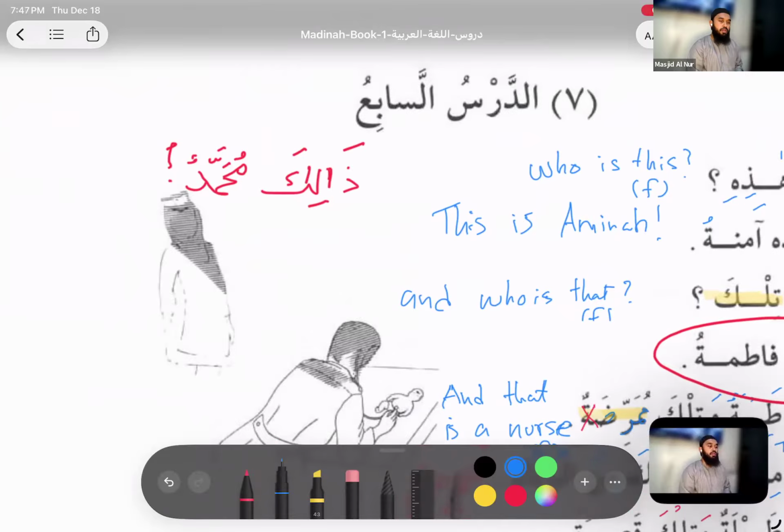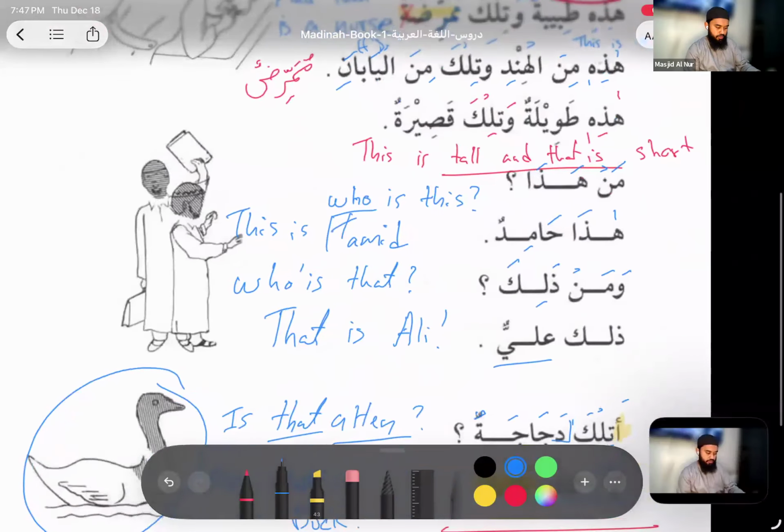Ta marbuta, when it's for a name, or any, doesn't have to have a ta marbuta. Whenever there's a woman's name involved in Arabic, they will never get a dhammatain. So even Zainab, you're not going to be like tilka Zainabun. I think I have a Zainab example here too somewhere.